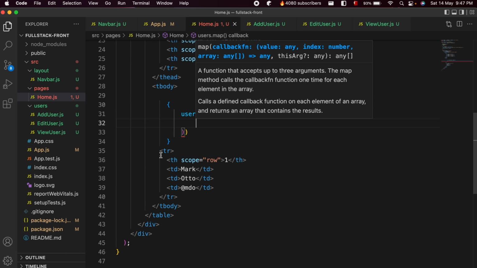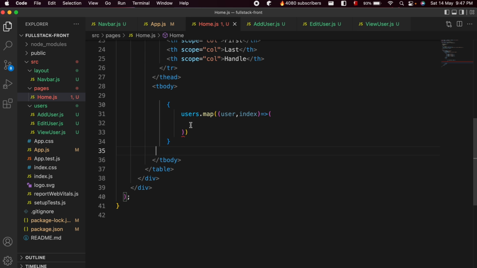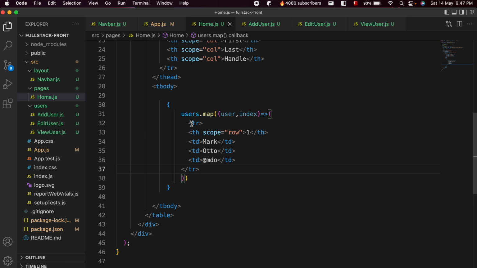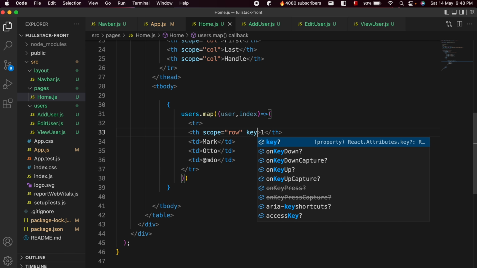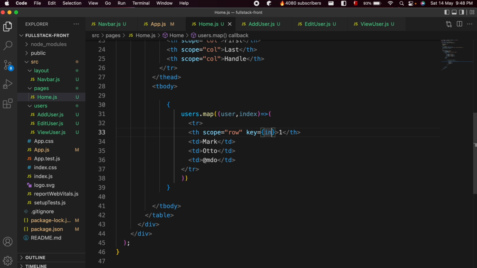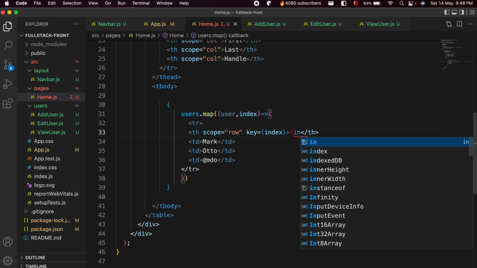You just need to grab this table row from here. Let me grab everything from here and paste it inside here. We want to make this data dynamic instead of this static data. So for now, we have to type key equals index,